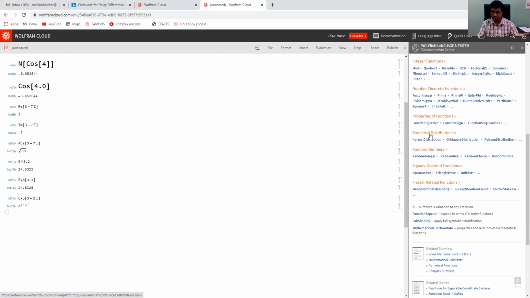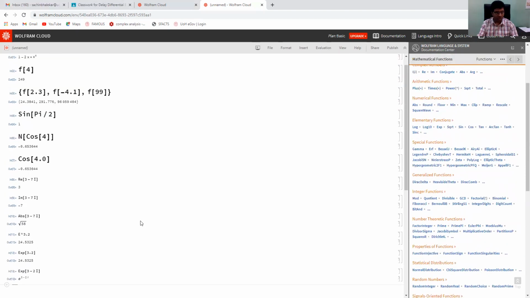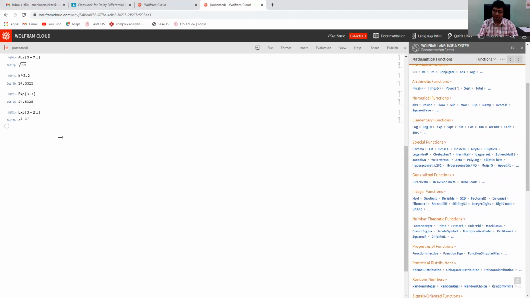It is useful in statistics also. These are random numbers, signal oriented functions, and so on. So let us move to the next point. Once we see one command, there are different options. You can find different related commands.